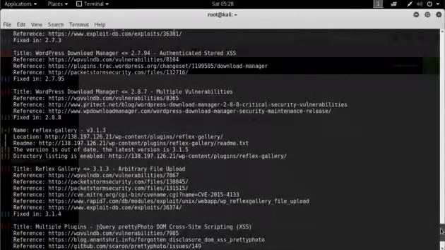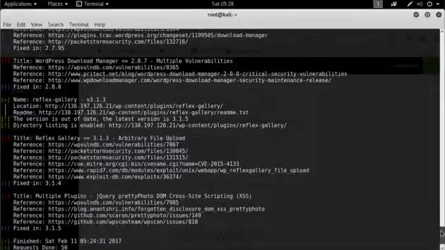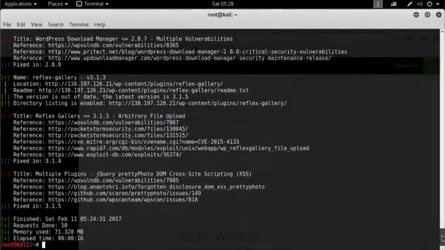So this shows you that in WordPress, it's not only WordPress that could be vulnerable, it's all the plugins and themes that you add to WordPress that also have vulnerabilities. As you can see, the other one, Reflex Gallery, it's also got an arbitrary file upload and a jQuery prettyPhoto cross-site scripting attack. So this pretty much shows you how powerful WPScan is, and what you would then